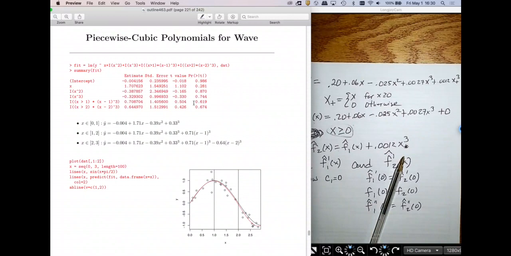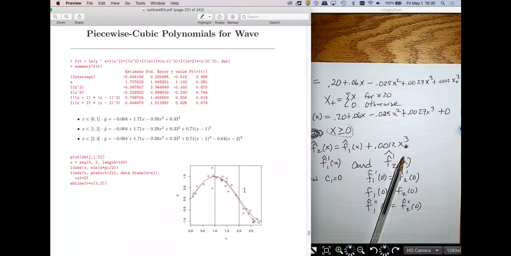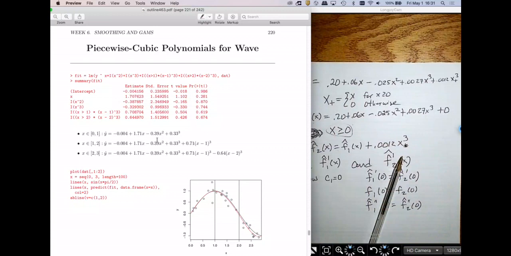So here's how I can introduce these. I'm going to have knots at 1 and 2 as I did before. And this is the way I can introduce that x plus function. So we're just going to add this indicator: whenever x is greater than 1, I want you to have x minus 1 cubed, otherwise make it 0. Likewise, we're going to do the same thing for the other knot. Here's the output I get, and I've written out the equations